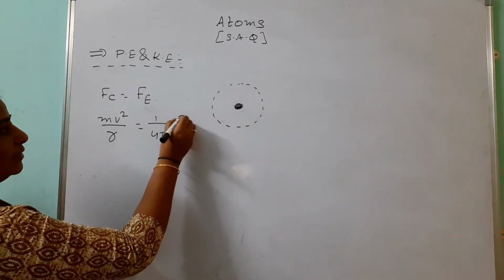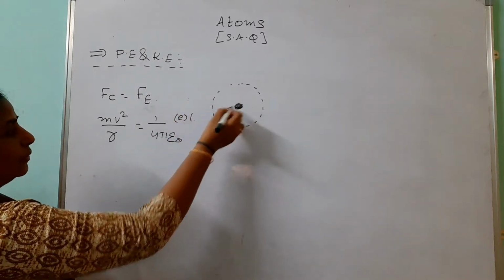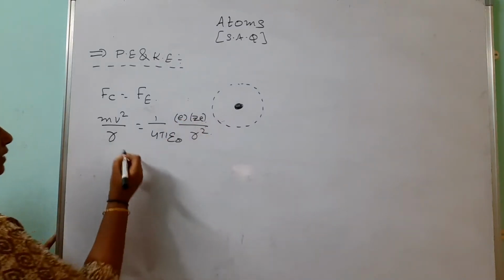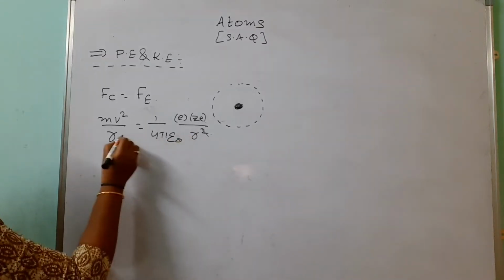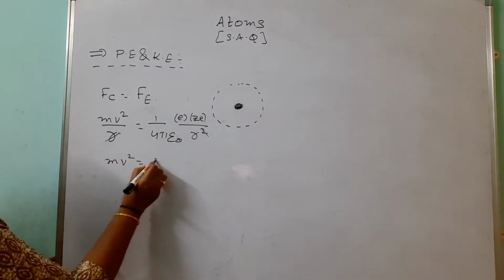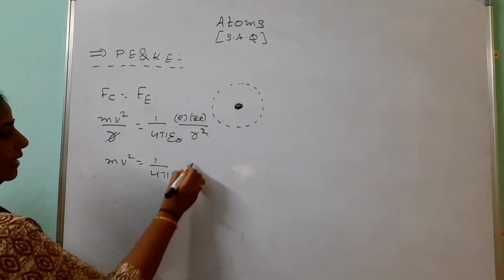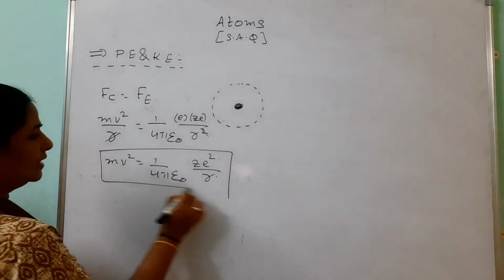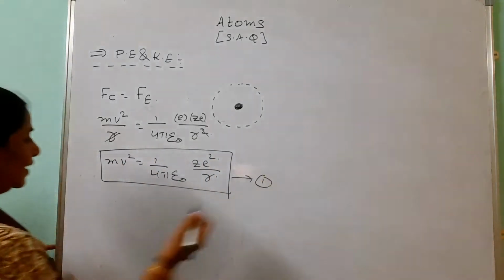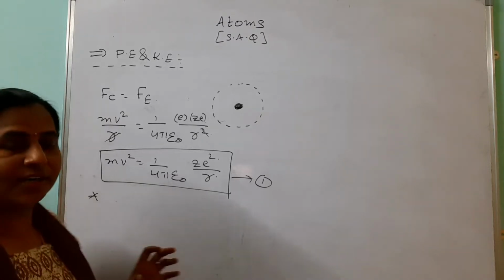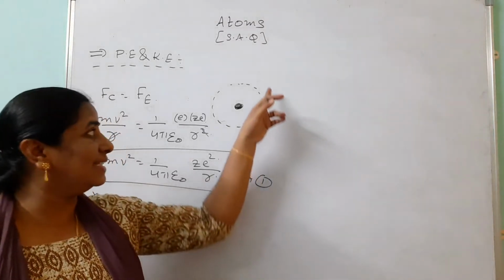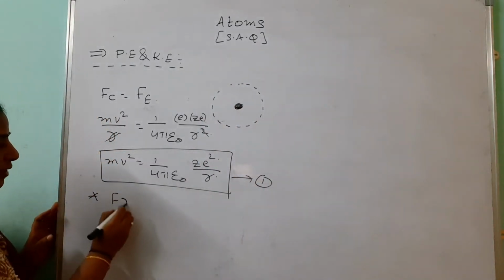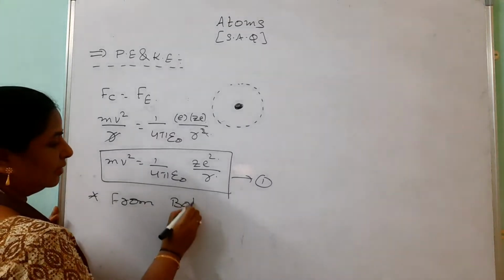Here Q1 is the charge of the electron and Q2 is the nuclear charge, Ze. So it is Ze square by r square, and r cancels. mv square equals 1 by 4 pi epsilon naught Ze square by r. This we take as equation number 1. Then we go to Bohr's second postulate. According to Bohr's second postulate, for circular motion the angular momentum mvr equals